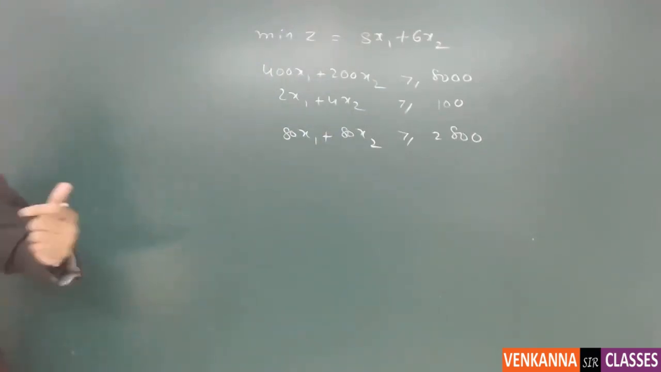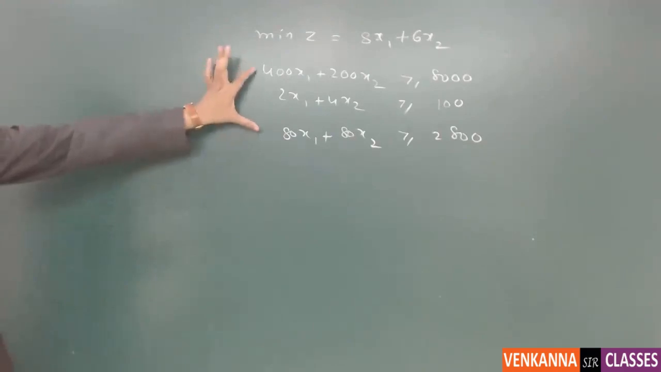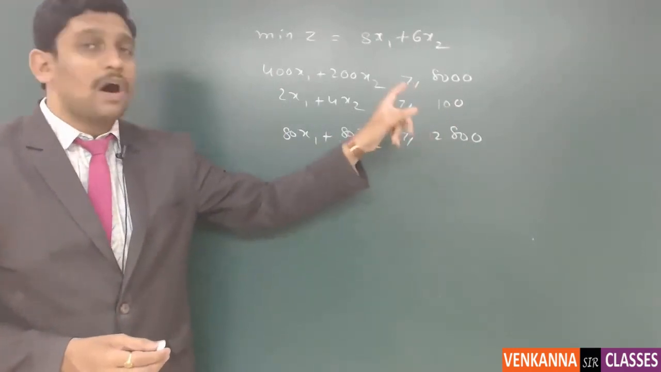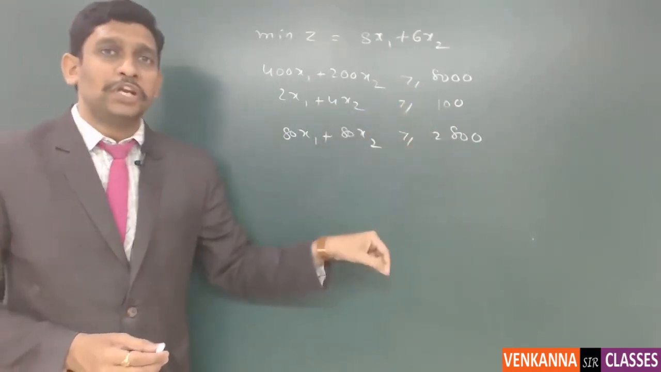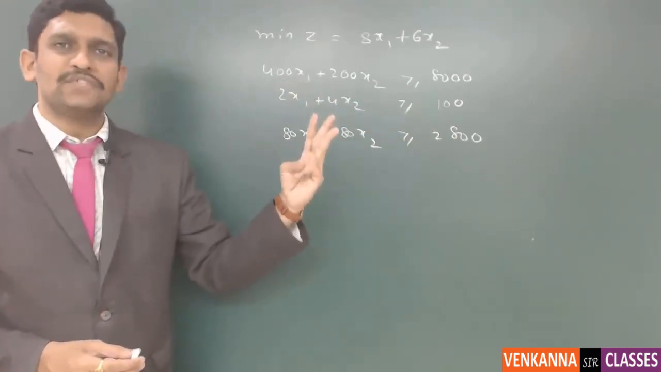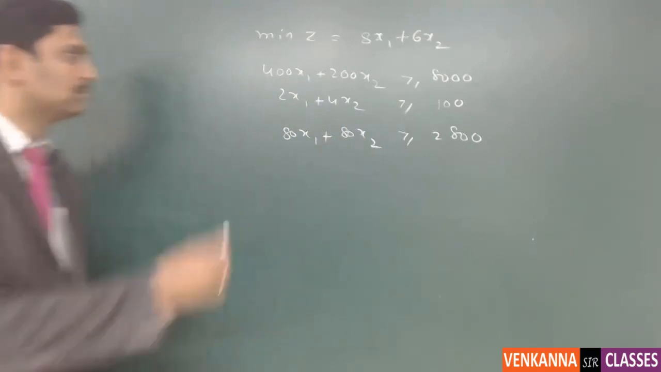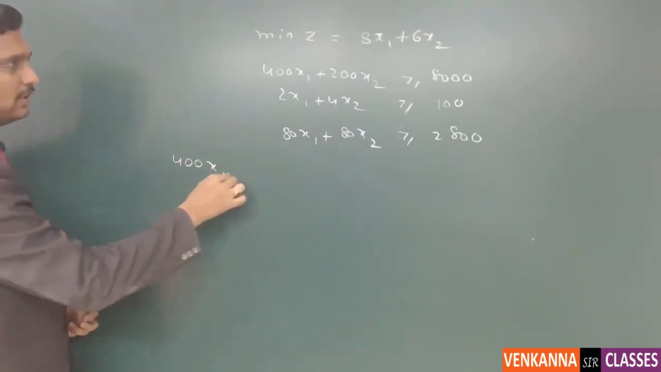So let us go with the problem first. Since this is a minimization problem and it contains three inequalities of greater than or equal to type, we need to introduce three surplus variables as well as three artificial variables here. So the canonical form, or the standard form you can call, will come as,